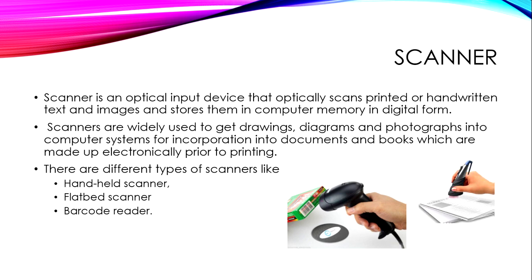The next and last one is barcode reader. Barcode reader is also a type of scanner which is used to scan barcodes. It is also called universal product code, available on various products. The barcode contains information about the product, like name of the product, company, manufacturer, date, expiry date. This information is provided to the computer for further processing like generating bills, checkouts, shopping, etc.